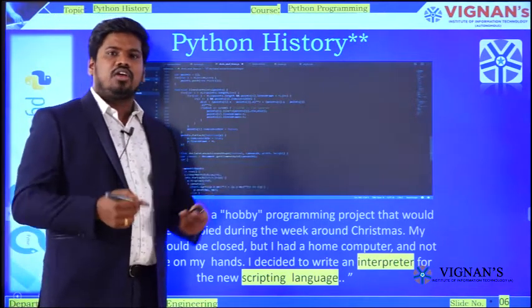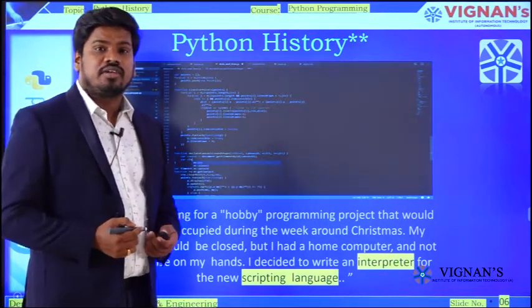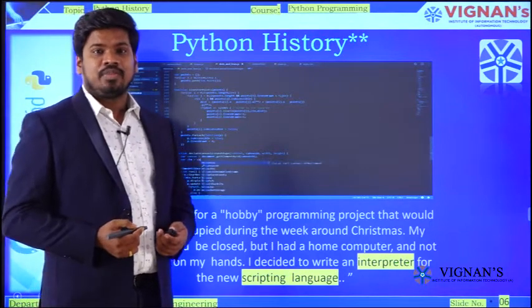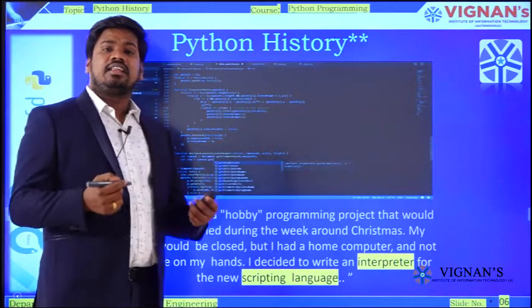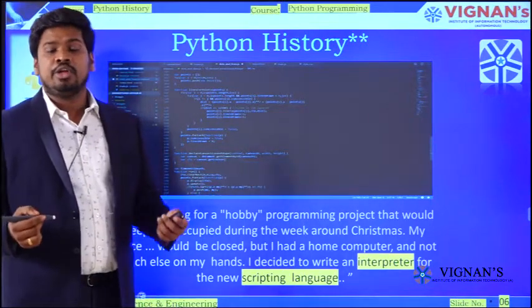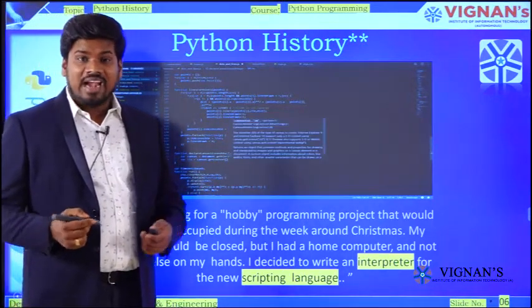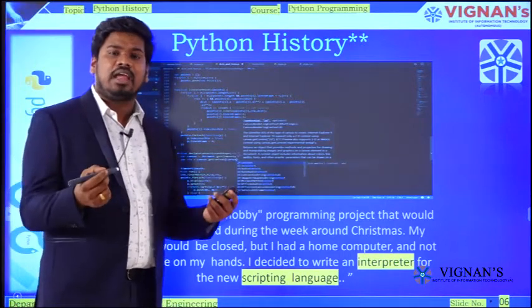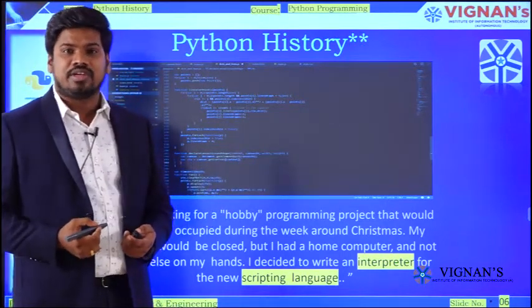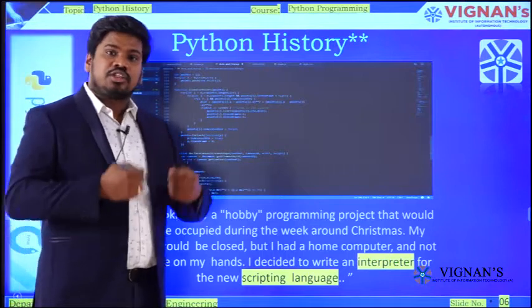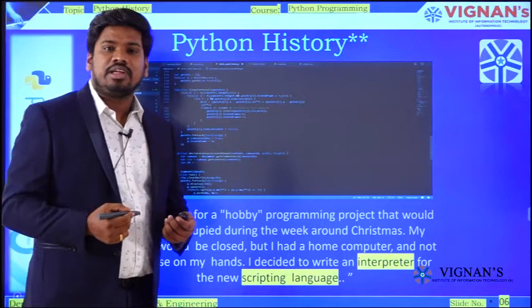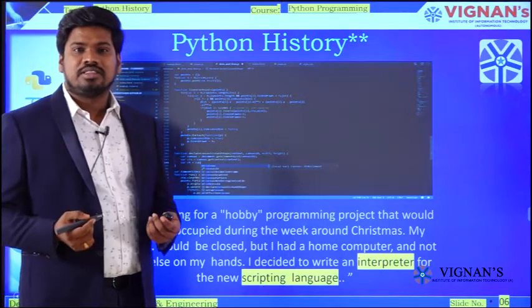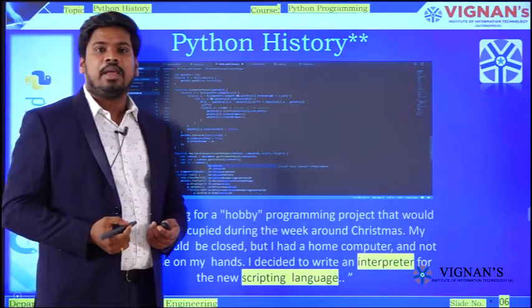Because he was alone, he wanted to work with a programming language, and that inculcated the idea to create a new programming language. He wanted to create a scripting and interpreted language, and that small hobby made him create a beautiful language that today we call Python.